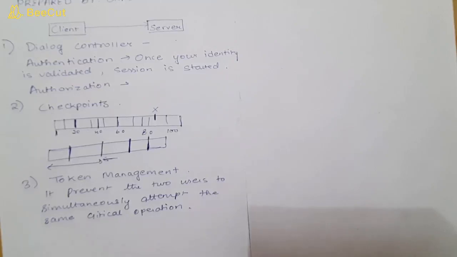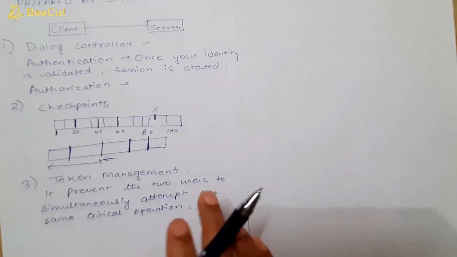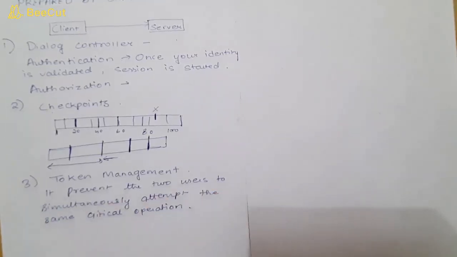You must have studied this in your database course also, the ACID properties. That should be maintained. It should be mutually exclusive. So these three are the main functions of the session layer. You need to remember that the first one is dialogue control. That means a session should be established between the sender and receiver, or the client and the server, before sending or receiving any data.